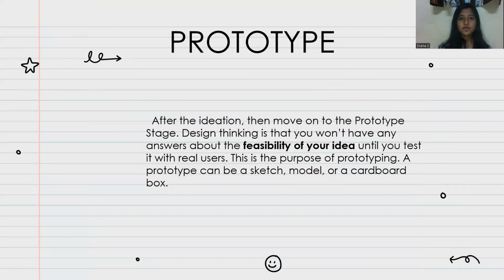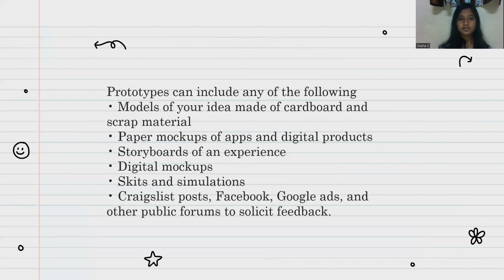The fourth stage is prototype. Prototype is a stage where you build a model of your product until you test with the real users. A prototype can be a sketch, a model, or a cardboard box. A prototype can include any of the following: a model of your idea made of cardboard and other materials, paper mock-ups, storyboards of an experience, digital mock-ups, skits and simulations, Facebook, Google Ads, and other public forums